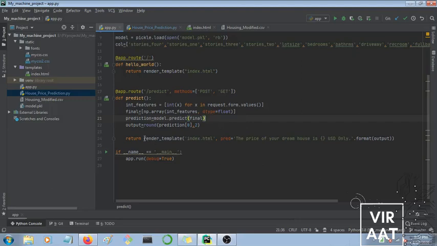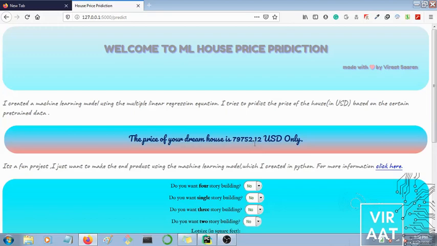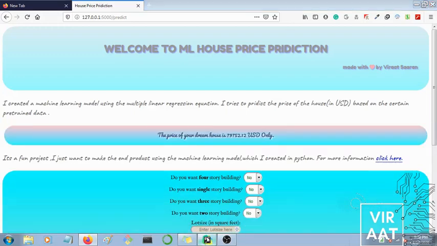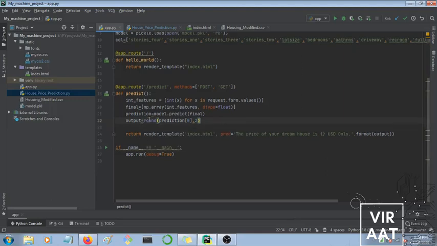Next, after you get the prediction, you get the output, and in this output it's showing the format 0.2f. 2 stands for 2 decimal places. Here you can see 0.12. So up to 2 decimal places you can show your result. And after that prediction and stating that result, you need to return the template. The template here means where you want to show your result after you predicted. I want to show my result in index.html itself.